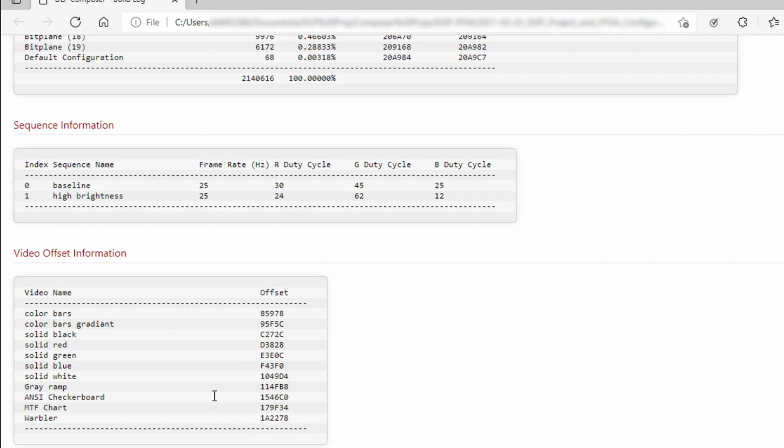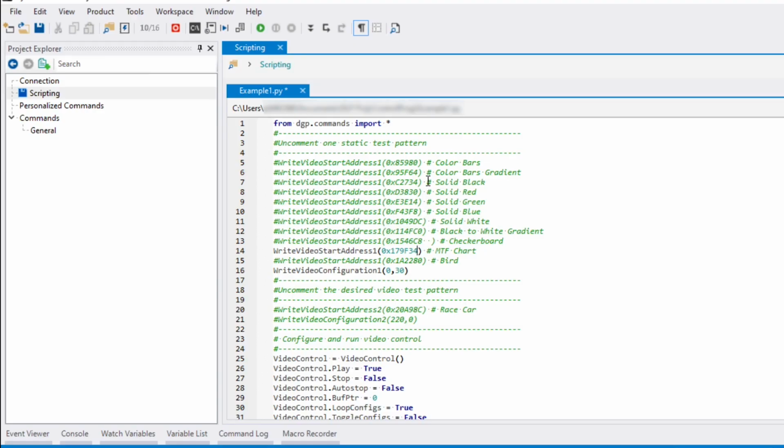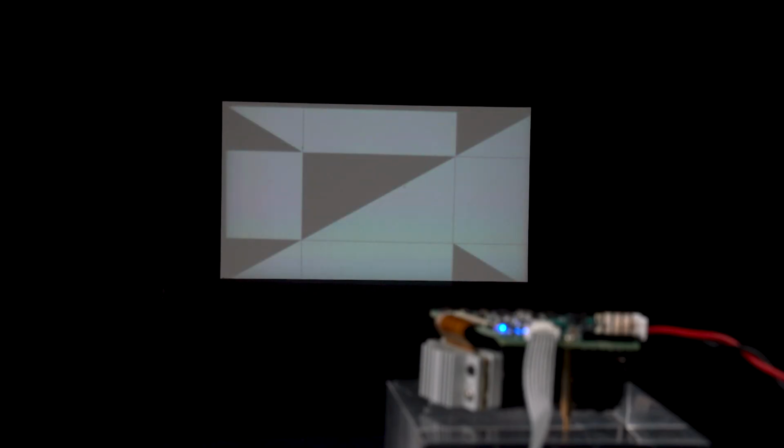These values will change if images are added and removed, as this may be a common mistake made in this process. Make sure to check the build logs of what is flashed to the EVM. In the scripting section, select the MTF chart to be displayed on the EVM. Verify that the EVM is on and in host mute mode. Select the green icon at the top of the toolbar to run the script. Notice that the image that was shown before has now changed without having to flash the EVM.